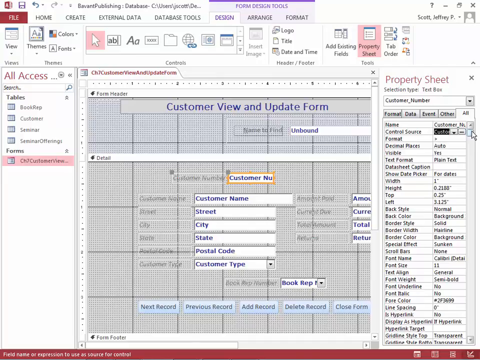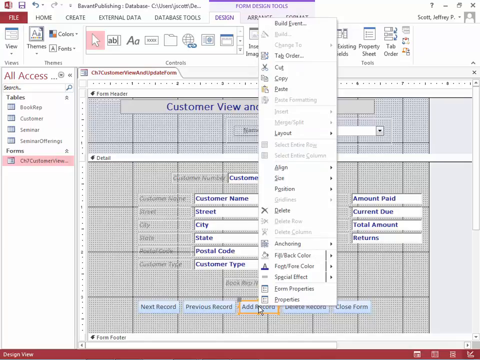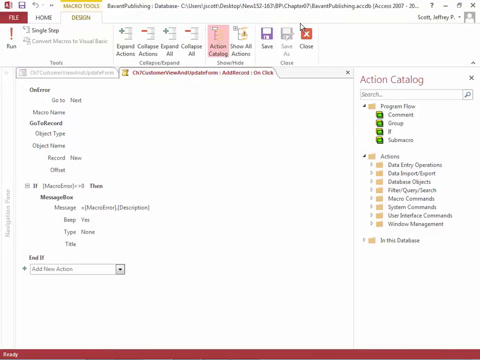Close the property sheet and then press and hold or right-click the Add button. So let's save. Let's close the property sheet. All right. And then press and hold or right-click the Add Record button to display a shortcut menu. Step 3 on page 438, tap or click the Build event, which is right up on the top of the shortcut menu. In the action catalog that comes up here,